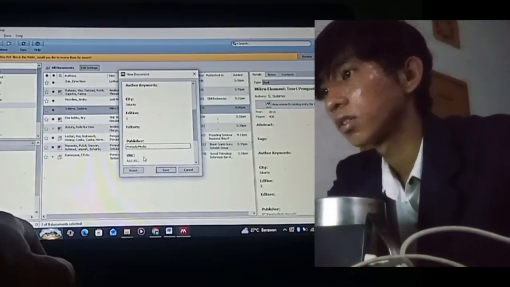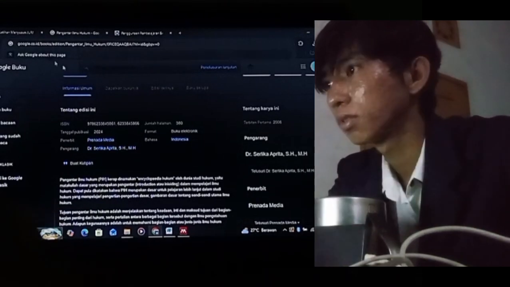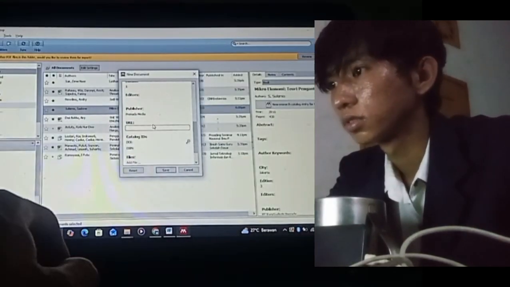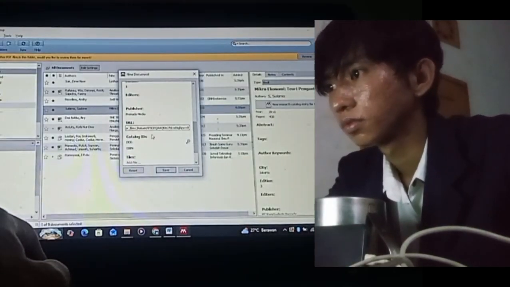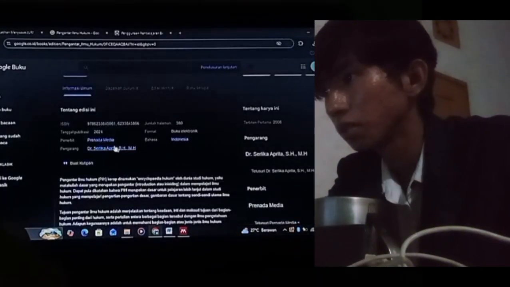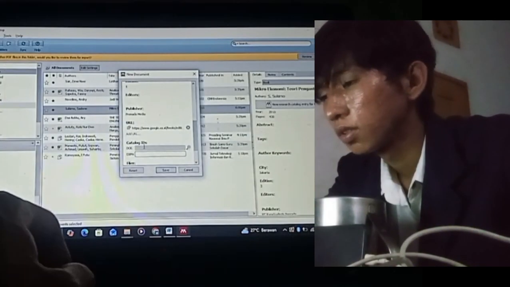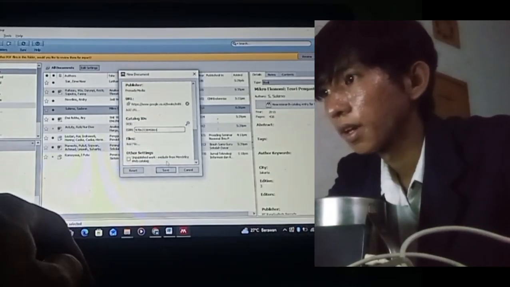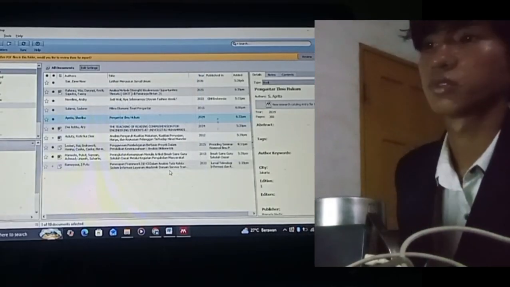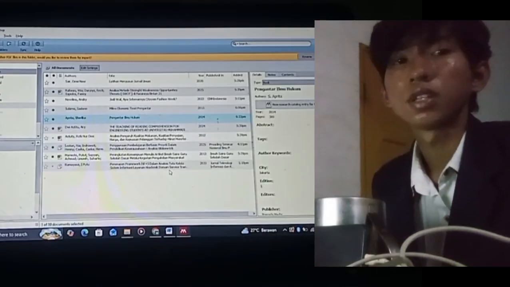The URL you can copy the link from Google Books, and the ISBN you can copy this ISBN and save, and that's how to cite an ebook.